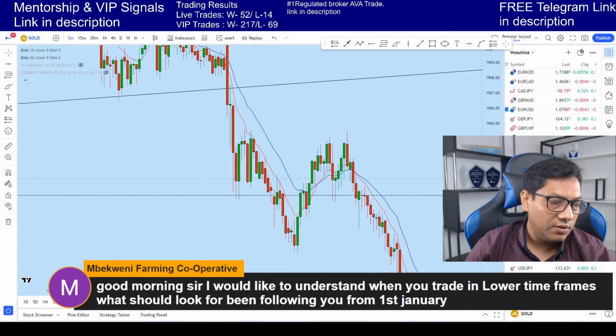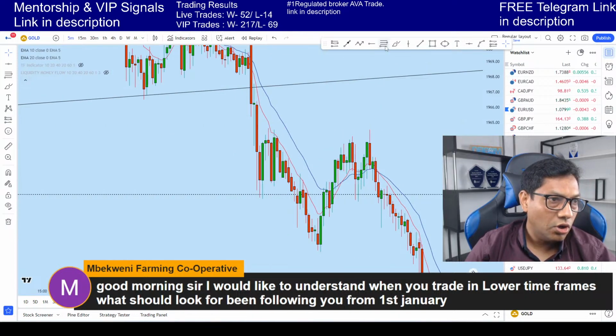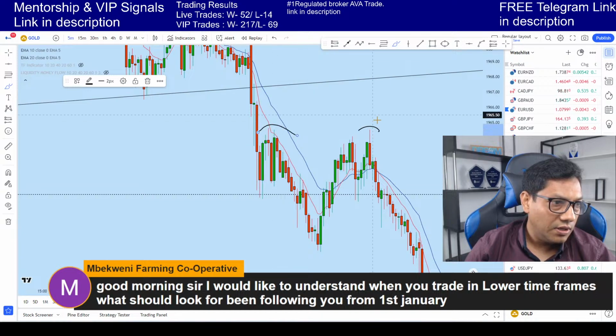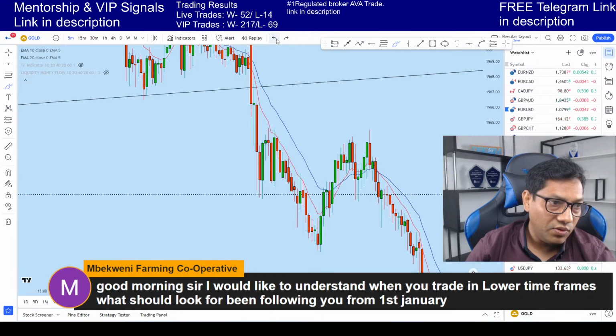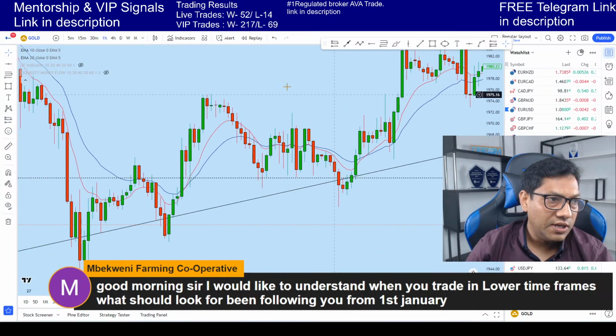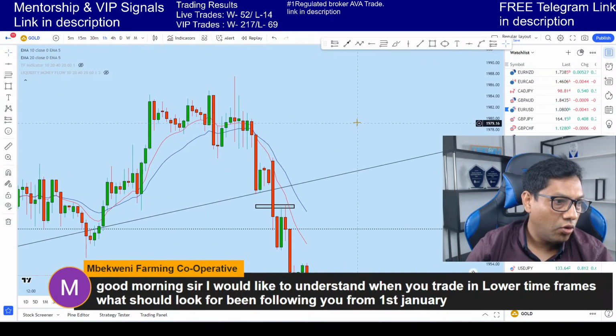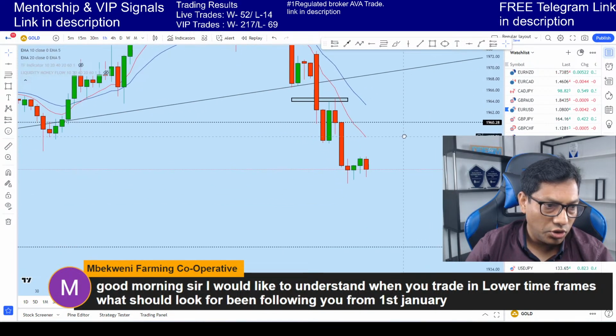Now you can see that you already have seen this on the 5 minutes. You see that this candle's double top is in fact a signal on the higher time frame that gave you a sell possibility. If you draw this level here, you see that before it came to the double top, you already had a signal on the higher time frame, such as on the 4 hour. There is already a long bearish engulfer. Okay, there is a bearish engulfer, and the price has gone up, tested this level, and then given you a potential